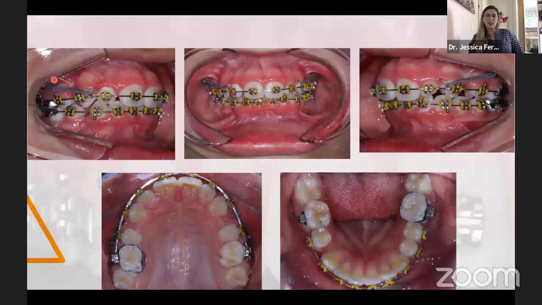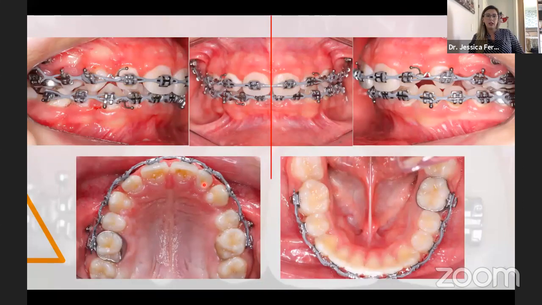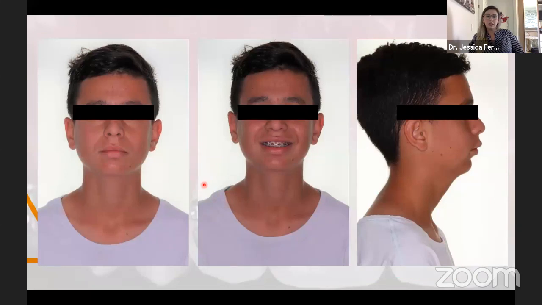You can see that we are aligning and leveling the incisors, and here he had almost the dental midline deviation corrected, with a little bit of space to close. And those are the pictures that I have of him so far. But you can see that his skeletal discrepancy